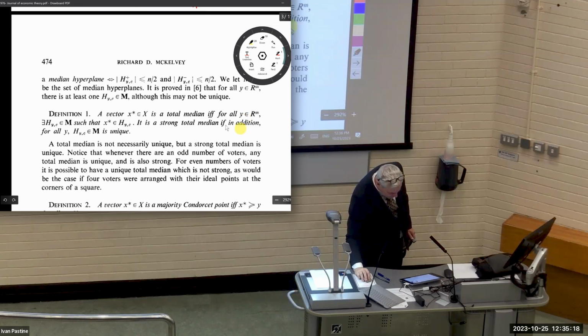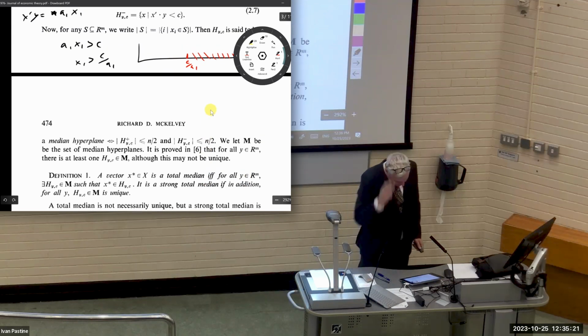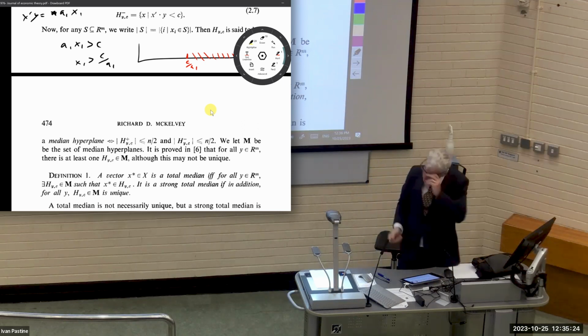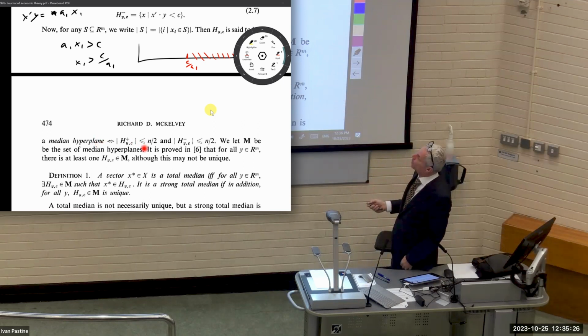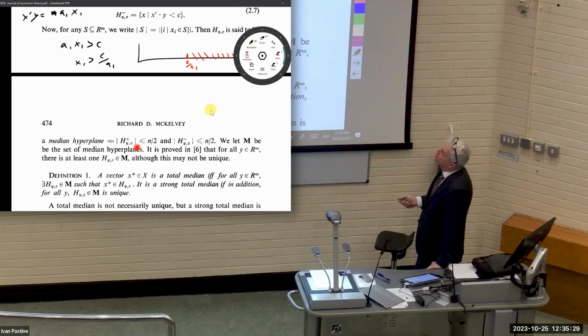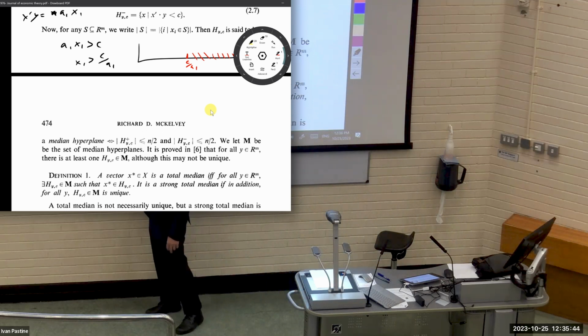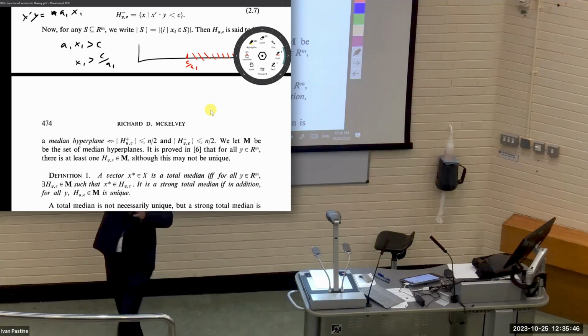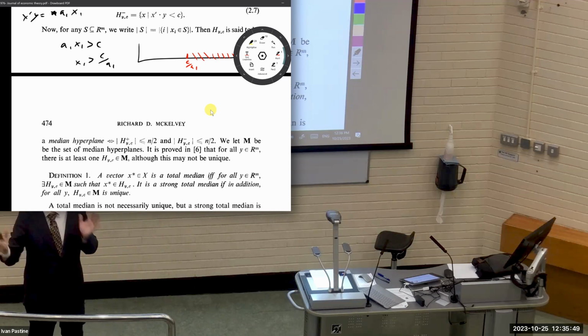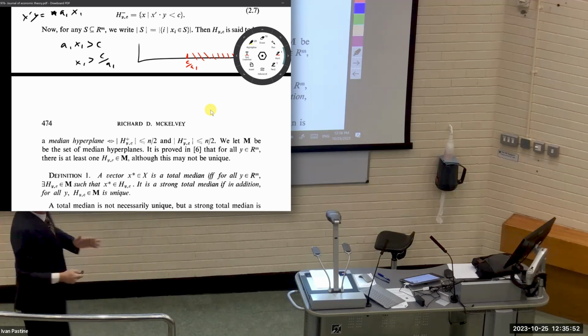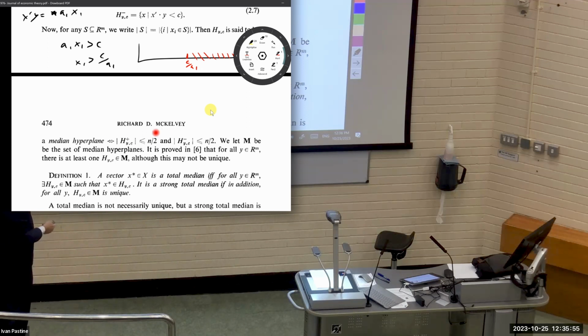And we scroll down here, and we get our first definition that's super important to us. We get the definition of a median hyperplane. And that's going to be a hyperplane such that the number of people in it, so these vertical lines on either side are saying the cardinality of this thing. So we got a bunch of people in this set, all this stuff above the line, right? We've got a number of people there, so we're going to add them all up. How many of them are there? And it's going to be where there's less than or equal to half the people. There's n people. We're going to divide that by 2.